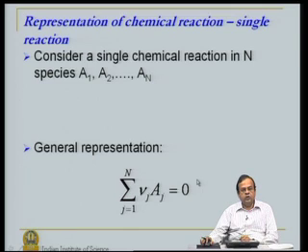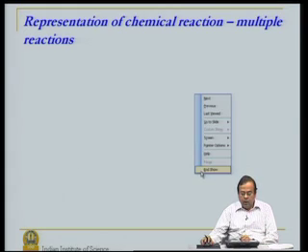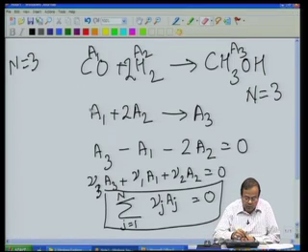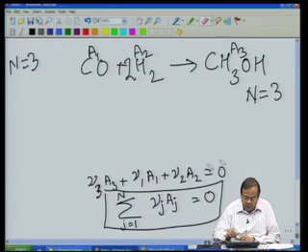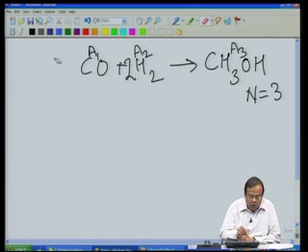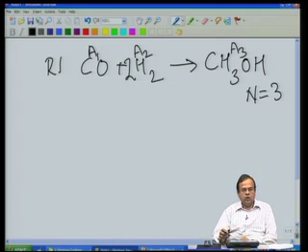So, that is our representation of my single reaction. Now, what happens if there are multiple reactions? For that, let us say that I have this one reaction that we started with. Let us label this reaction. I am going to call this reaction 1, and since it is a reaction, I will just call it R1. Now, let us say that in this reacting mixture there was some CO2 present in the